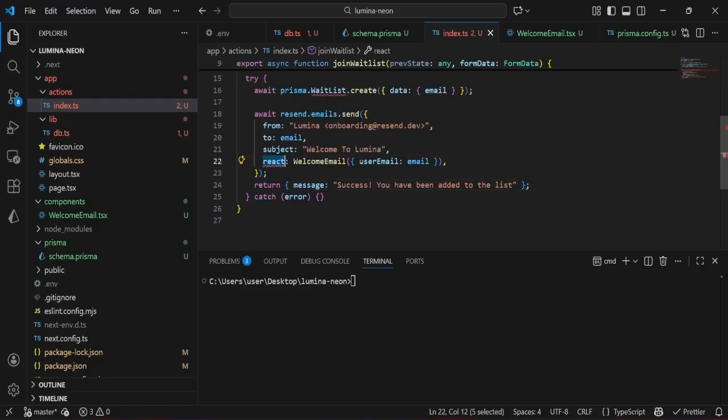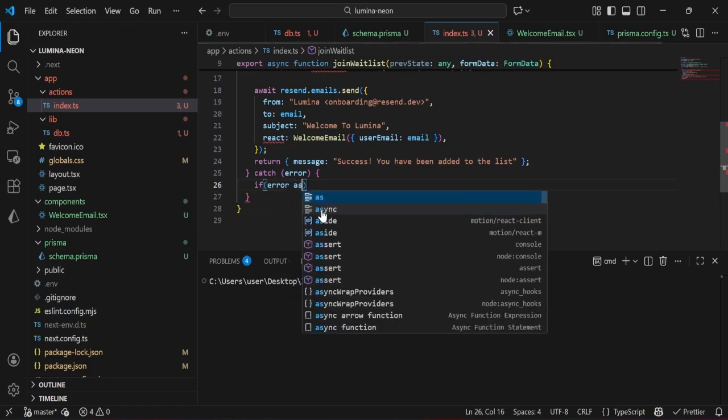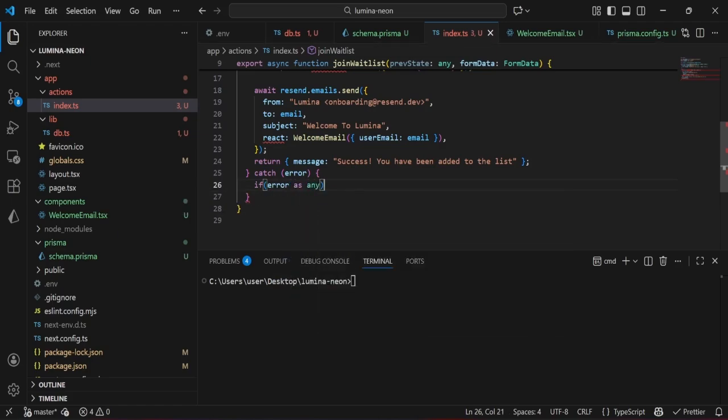Yeah, I'm getting this error. Let me see what's going on. Yeah, we got this. Just catch our error. If there is an error, let's give it a type of any. And if the error code is P2002, then